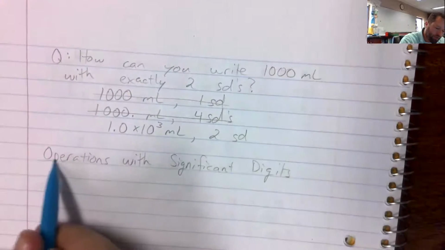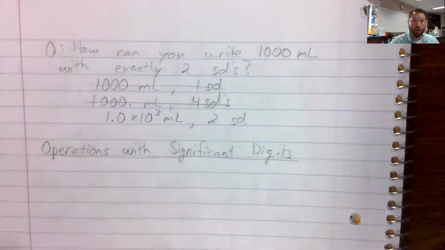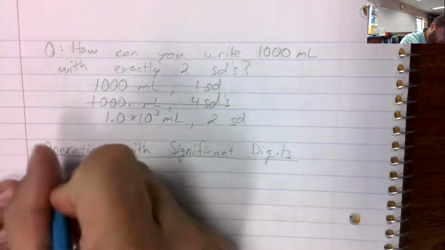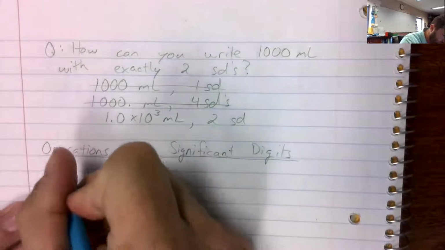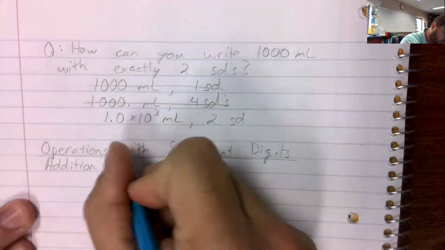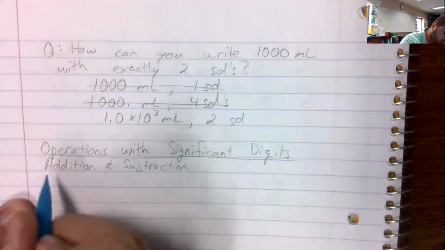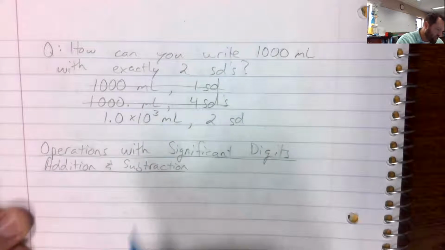All right, next up, we're going to take a look at operations with significant digits. By operations, we mean mathematical operations like addition, subtraction, division, and multiplication. Depending on which operation you're doing, we've got a different set of rules. So we'll start up with addition and subtraction rules. So if you are doing addition and subtraction, the rule is